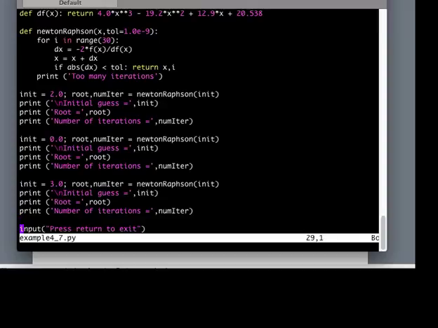Each time we call Newton, it's returning a root, that's the x there, and it's returning the number of iterations, which is the internal i index variable in the for loop. So let's just run this and see the effect. We know what the root is. We've already seen from the book it's around 2.09, close to 2.1. So if we go ahead and run this code,